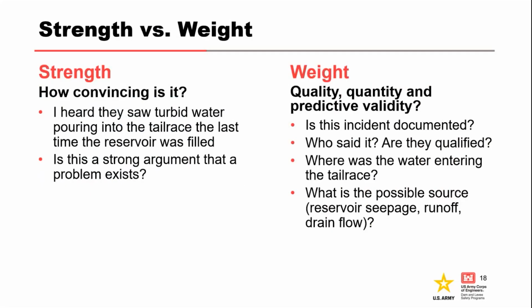Had a situation where a set of plans once said that sand boil 2008 adjacent to the levee toe, and so we put that on our more and less likely table, right, on our more likely side. And after we got to digging and looking around, and even called the flood fighter that was out there in 2008 and talked to them, nobody could recall that ever happening, right? So that was one that didn't carry a whole lot of weight in the end, but at the beginning really seemed like it was going to be a very strong factor.